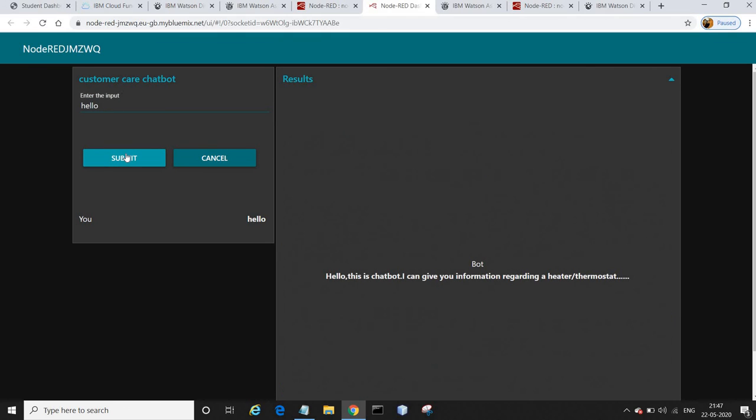We can give inputs from Watson Assistant, and the outputs will be from Watson Assistant and also from Discovery. If I enter any query regarding product, then the output will come.